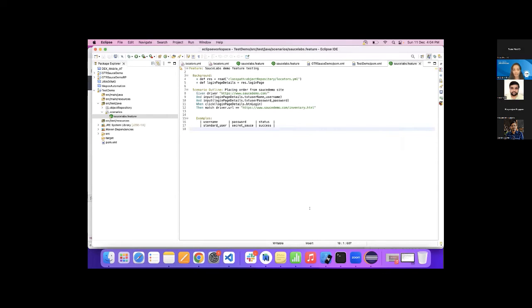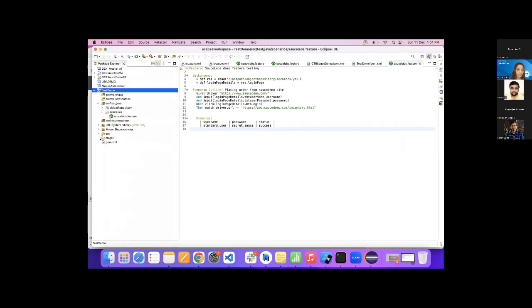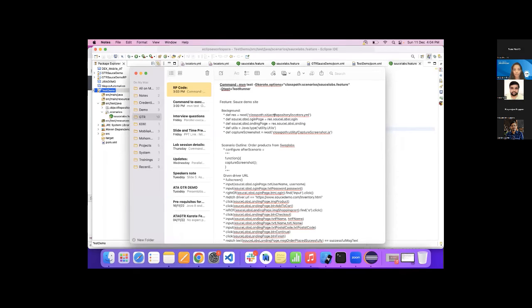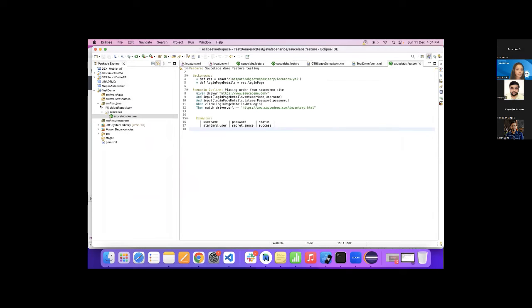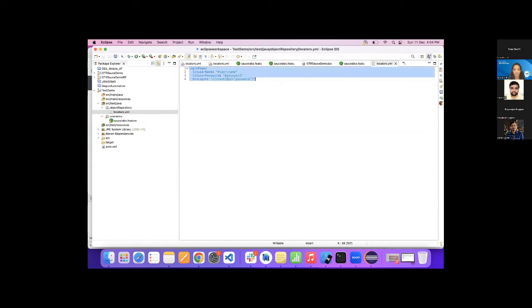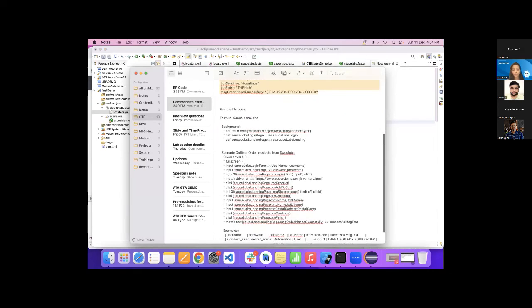We are running short of time, so in the best interest of time, I'll quickly show the other remaining part. So let's have the code for the remaining part. I have the locators ready. So let's read it. And I have the code for the remaining part, which I'll quickly walk through.